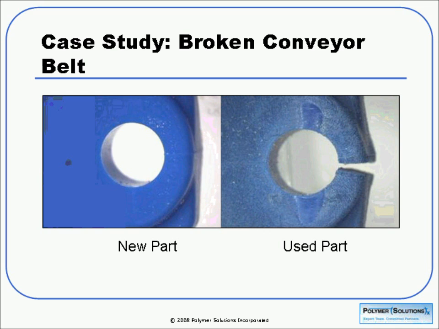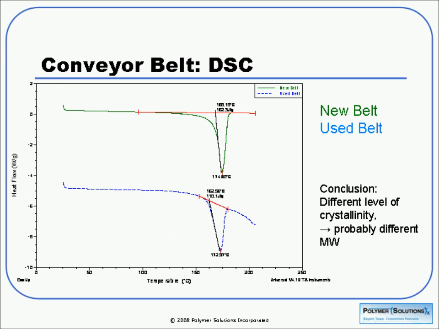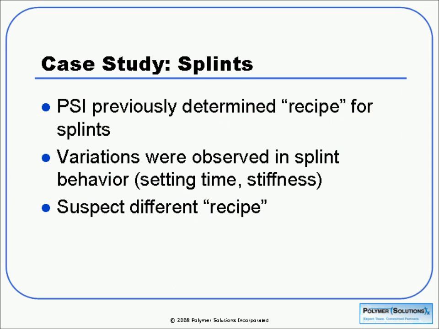So we wanted to do some comparative analysis to see what might be causing this degradation. Here we see DSC of these two samples, the new belts in the green on top and the used belts in blue on the bottom. What we see right off is that there's a difference in the areas of the melting peaks, which means there's a difference in crystallinity. We also see that the broken part has maybe a slightly lower melting point, 173 versus 175. This difference isn't conclusive because that's pretty much within the uncertainty of the measurement, but that combined with the difference in the crystallinity implies that there